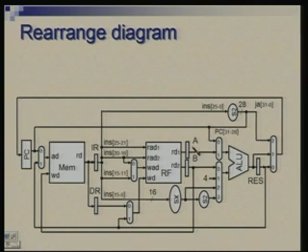after the second cycle A and B get loaded, after the third cycle RES gets loaded, and then in the fourth cycle RF gets the value written into it. Also, we will typically load PC with the new value PC plus 4 at the end of the first cycle itself. If it is a branch instruction and the branch has to be taken, then we will override that PC plus 4 value in the PC by a different value, and similarly in jump we will write something else in that. So, even PC will require a control.